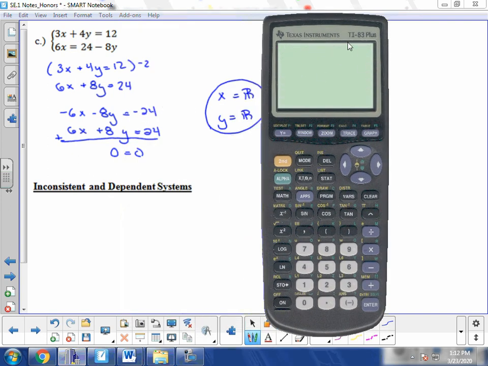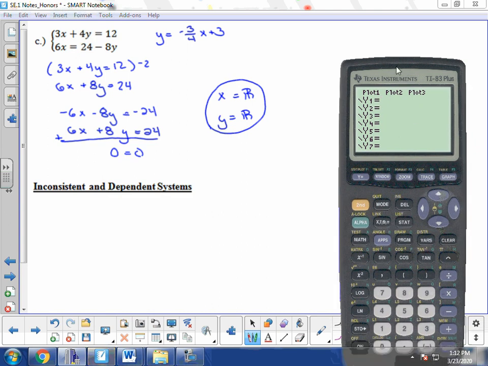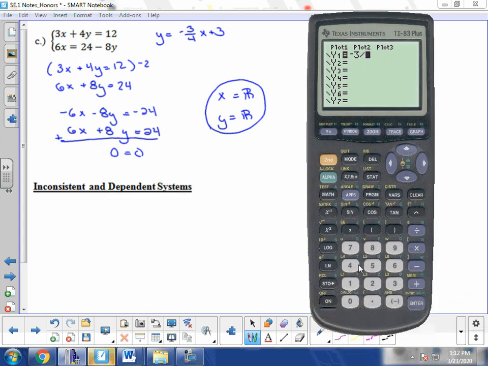So if I rewrite this first equation, it would be subtracting by 3x and divide by 4. So y equals -3/4 x plus 3. So type this in: y equals -3/4 x plus 3. And then if I type in the same thing, so in this case I might subtract negative 24 and then divide by a negative 8. So this would be negative 6 divided by 8